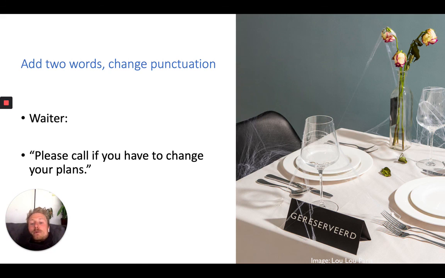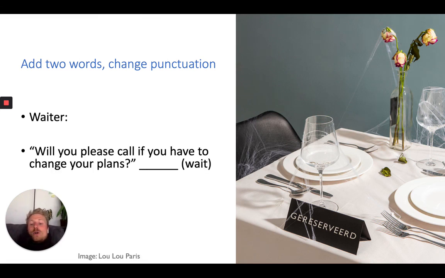It's a massive economic burden. So researchers try to find a way to get this number to a lower number, and they managed to reduce the no-show rate of 30% to 10% by just changing the question that waiters ask on the telephone when you make a reservation. So first it was like, please call if you have to change your plans, and then they